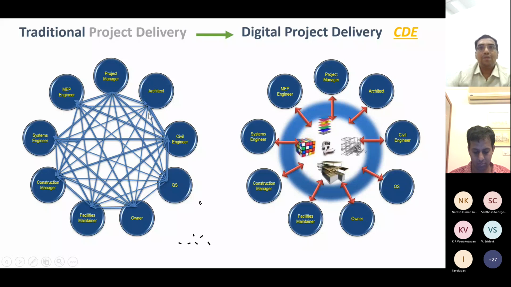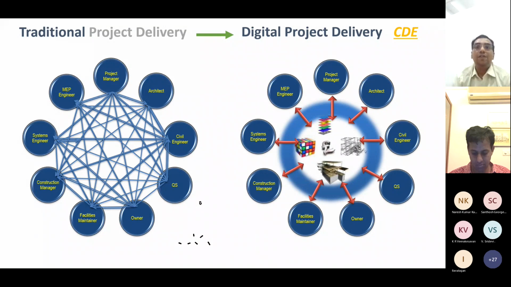When we are looking at digital project delivery, you are essentially looking at transforming this whole web of things, which is entirely chaotic, into a much more streamlined delivery of your project and your information.